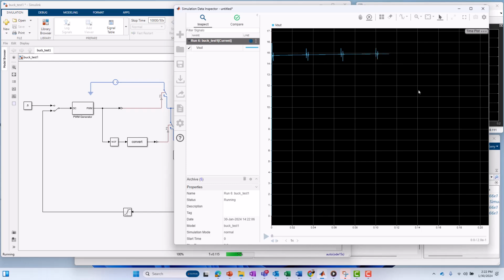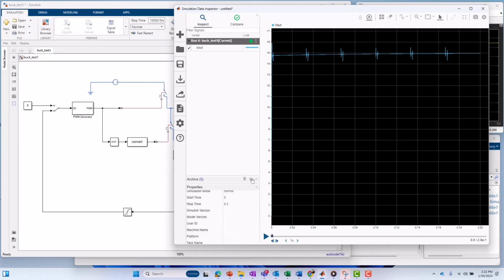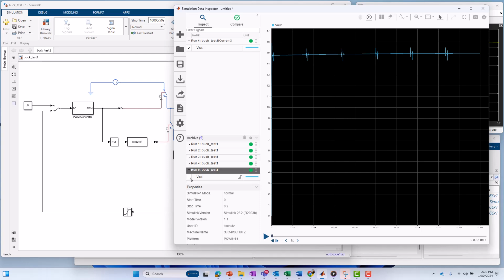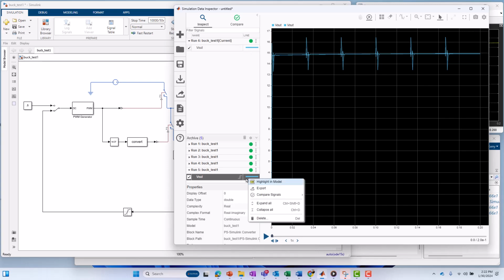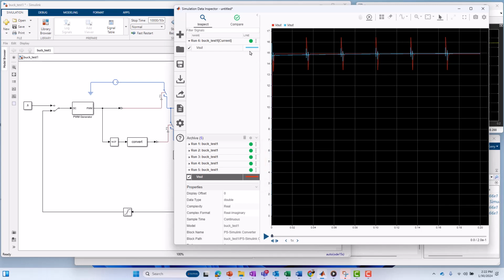So we're running it again. Now we can definitely see a difference there. And what I'm going to do now is go to my archive. I'll call out the previous one we just ran. I'll enable that. We'll overlay them. And I'll make them different colors since they are. So I'll call the first one, we'll make it red. We'll just click on that and make it red. We'll make the second one green